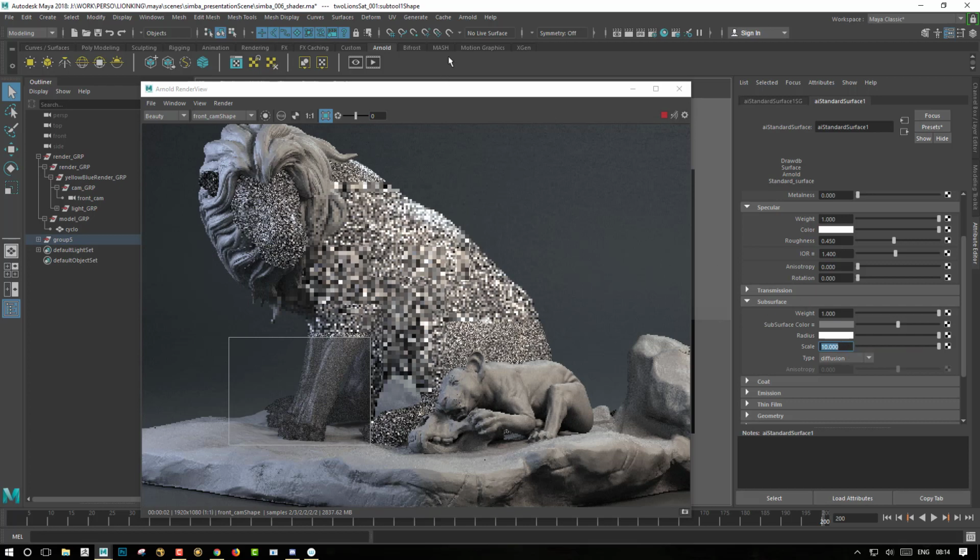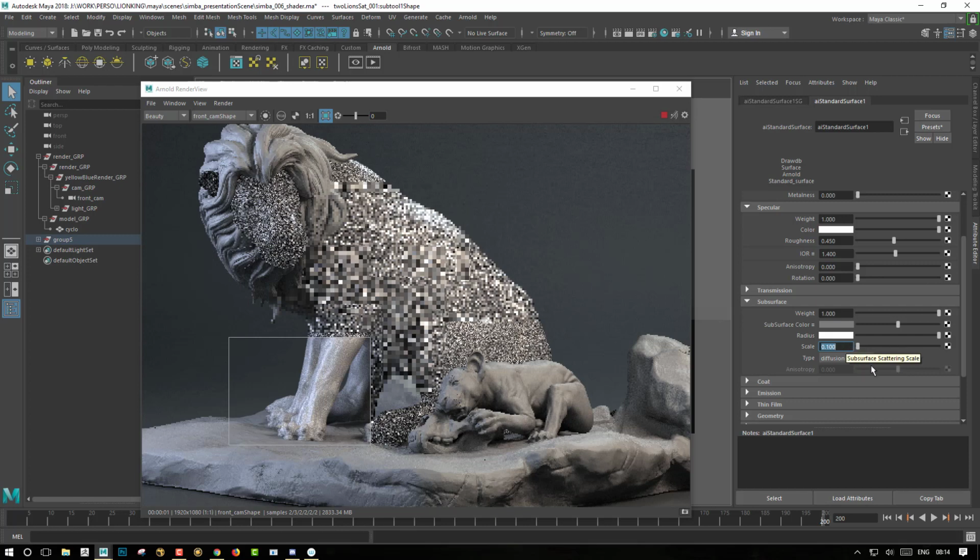You see, I told you that we have a lot of noise in the SSS, so we can raise up the sample number of SSS, or we can just raise up the scale in order to block a bit more of the SSS. Or what is happening if we do the opposite? Yeah, it's working in the opposite direction. The lower scale we get, the lower SSS we get in the surface.